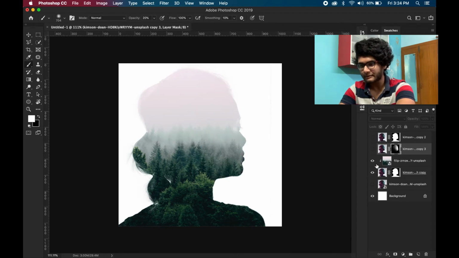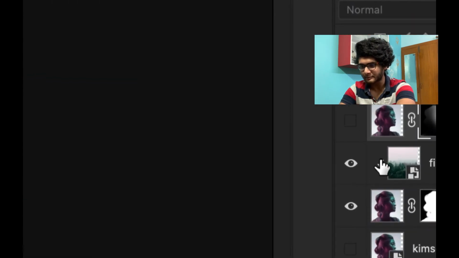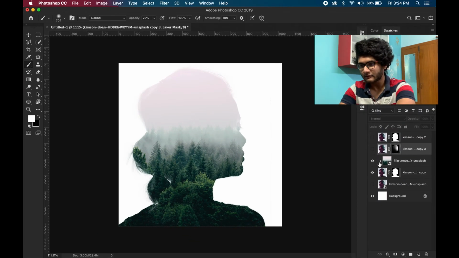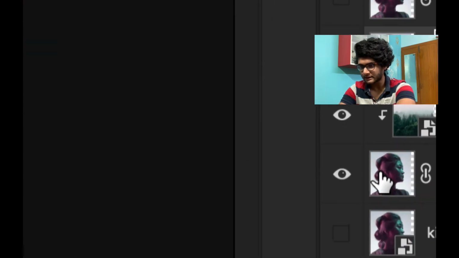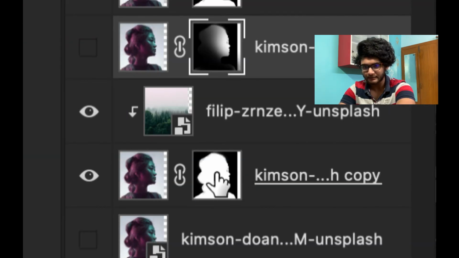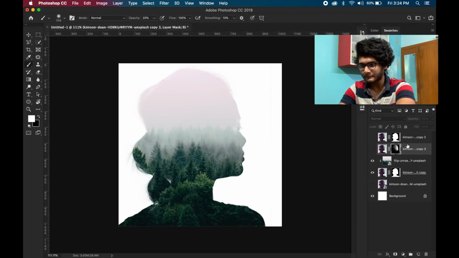The main concept of clipping mask is that wherever you apply the clipping mask, that layer which has the clipping mask, this small arrow is actually a symbol of clipping mask, will only be visible in the portion where the underlying layer is visible. That means this portion is only visible in this white region. Only her face is visible, not the background. So when we apply the clipping mask, only the scenery inside his face is visible.